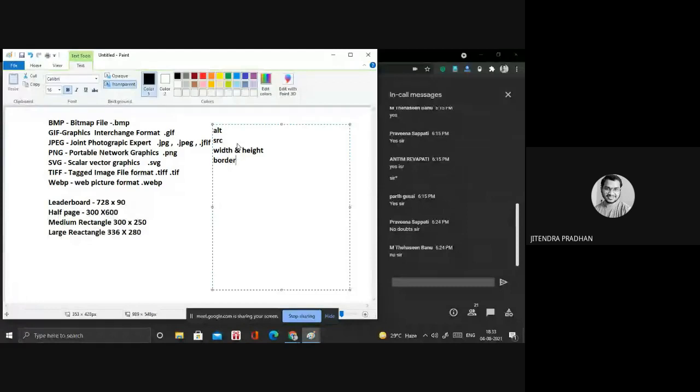Title we are using; it specifies the tooltip to display for the image when the mouse is over it. What is the title? If your mouse goes over that particular picture, then you have to give a title, like a particular nature picture, whatever you want to write inside it. This data will be shown when you hover the mouse over it. It's a tooltip. We call it a tooltip.